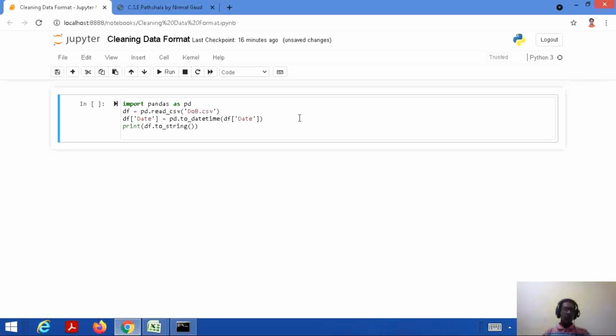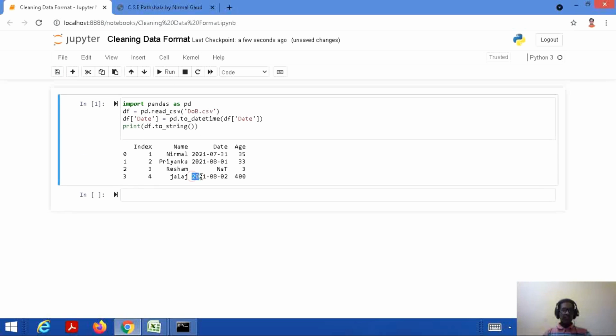So what exactly we are doing? We are converting all the values which are present in the date column into the format of dates. That's why we are giving it to this particular method, to_datetime, and then we are printing the value of the data frame, that is print df.to_string. So let's save this code and run this code.